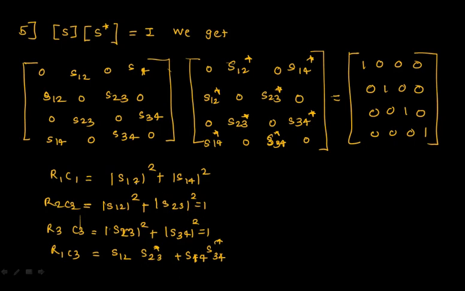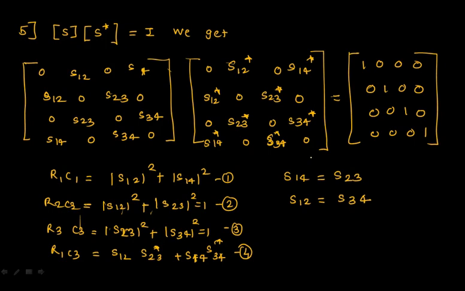Now if you compare equation number 1 and equation number 2, these are the same. So from equation 1 and equation 2, I can say S14 is equal to S23. If I compare equation number 2 and 3, S23 is common, so I can write S12 is equal to S34. So these two conclusions I have drawn while comparing the equations I have got.